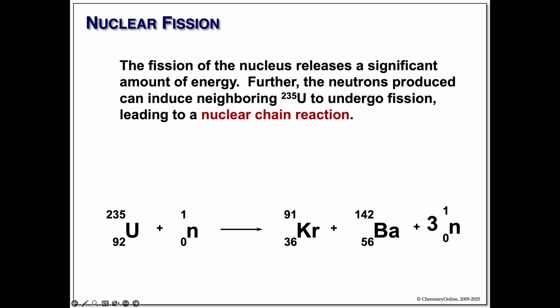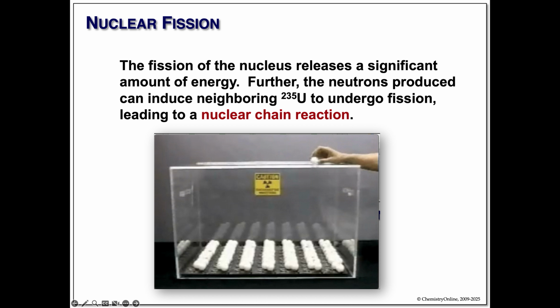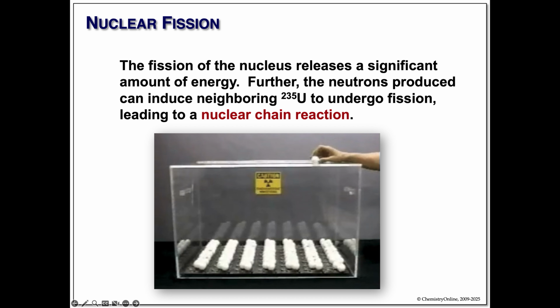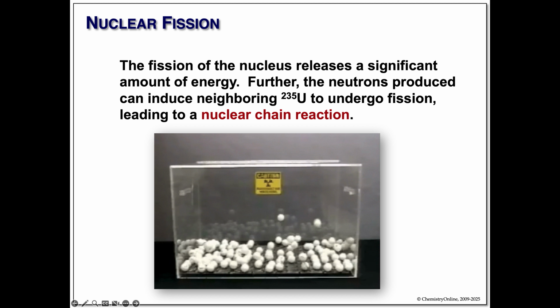Nuclear chain reaction is best shown using ping pong balls. Here we have little mouse traps. Each one has 3 ping pong balls delicately placed on top of it. The experiment is to simply drop another ping pong ball on top. This represents the high energy neutron, and it will set off a chain reaction. Kind of cute to watch. Whoosh.